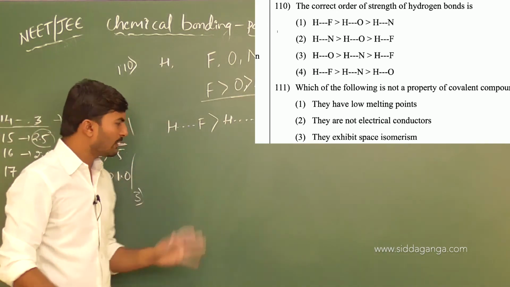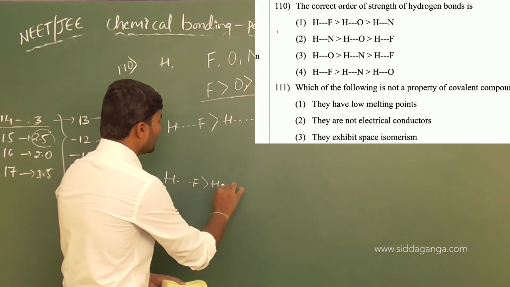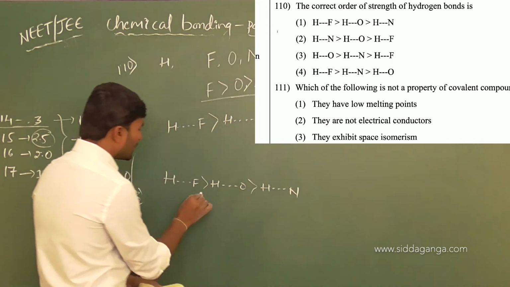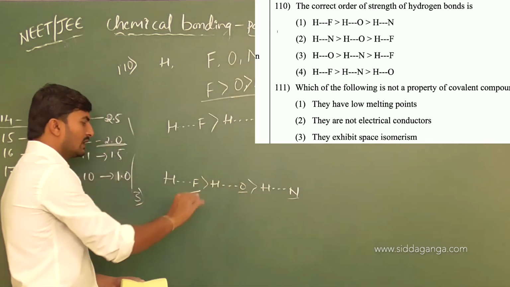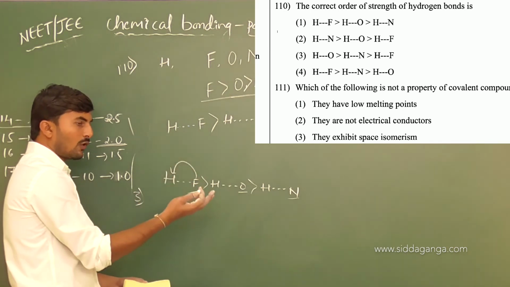Okay, we can easily predict the strength of a hydrogen bond by using their electronegativity difference. Here the fluorine atom is more electronegative than oxygen, than nitrogen. That is why fluorine with hydrogen can form a stronger bond,